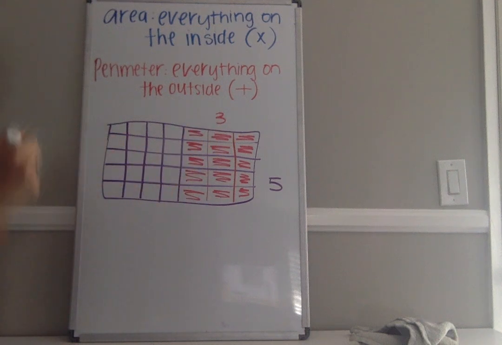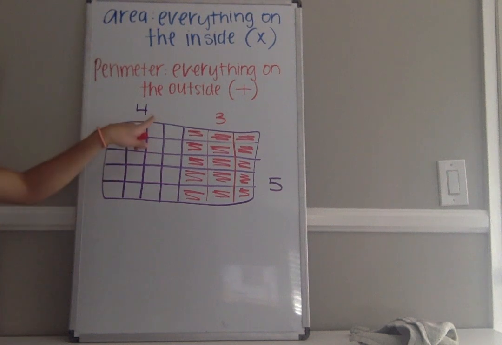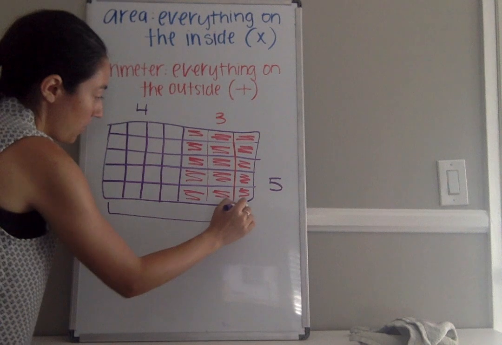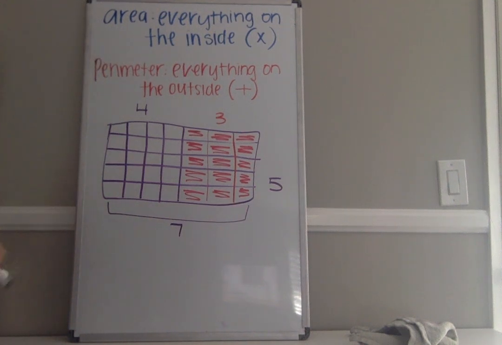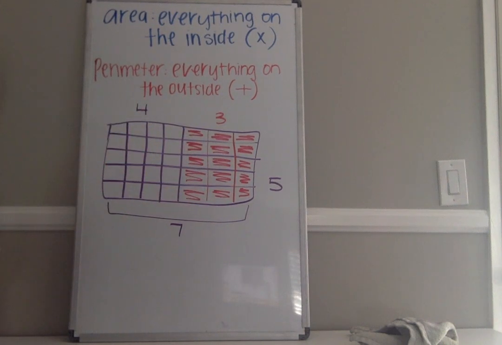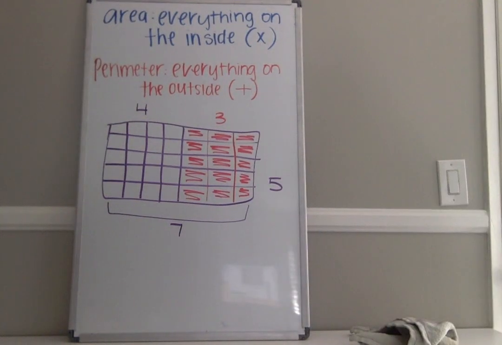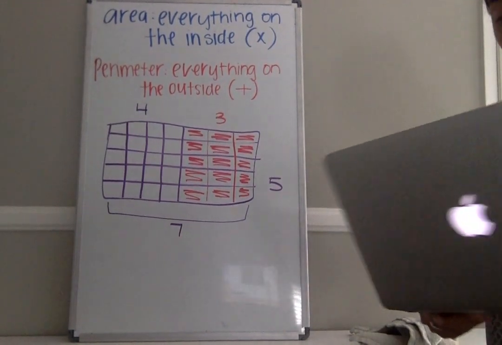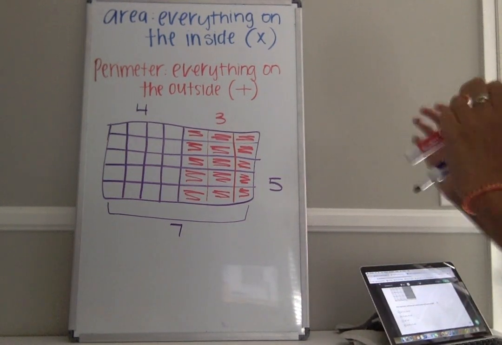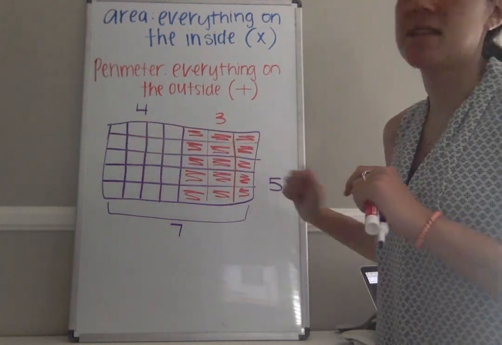3 here, and this says 4 here. Well, when I add 4 and 3 together, that means this total is 7. So you could multiply 7 times 5 to find the area of the entire shape. Or, if you didn't know what that is, we could break it down to find the smaller area. Or, I'm sorry, break it down in the distributive property to find 2 smaller areas and then add together